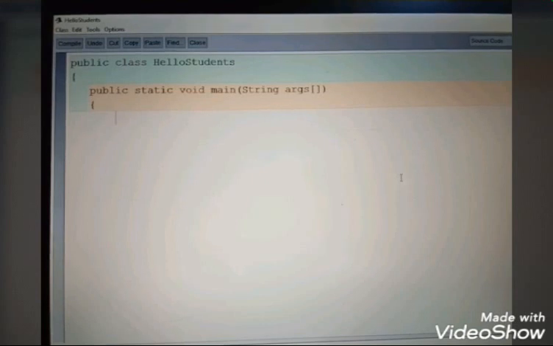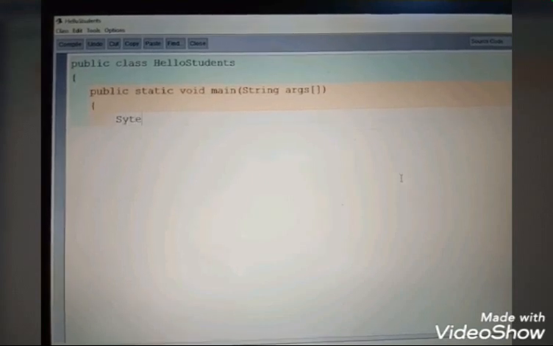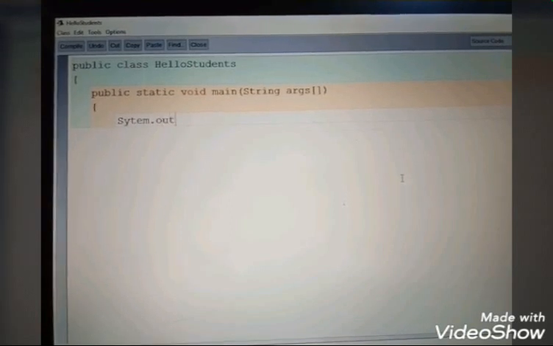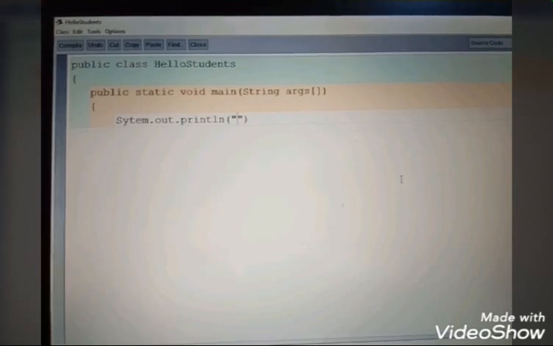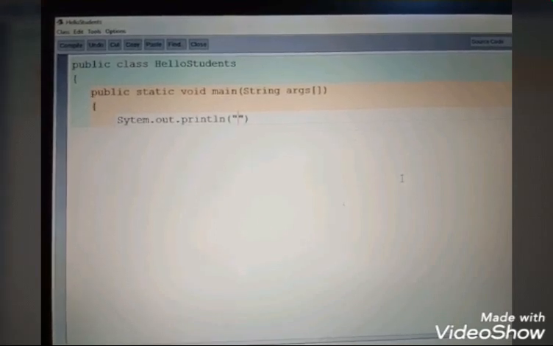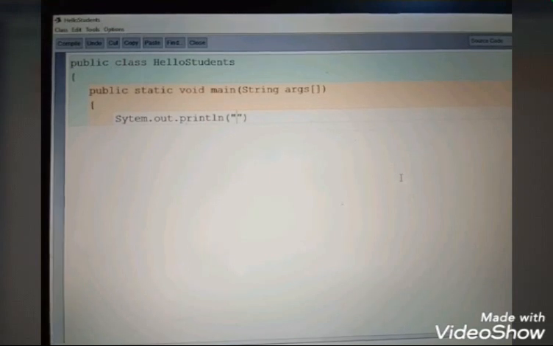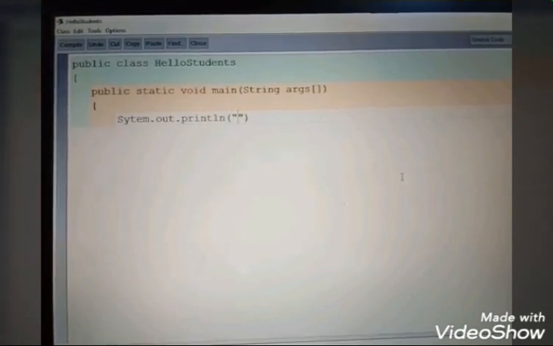Now you have to write the message, that is System.out.println, and if you want to see any message as it is, then you have to give it in double quotes. This is called double quotes.